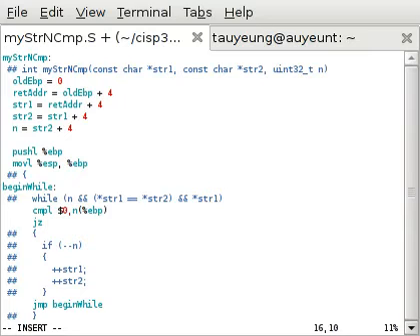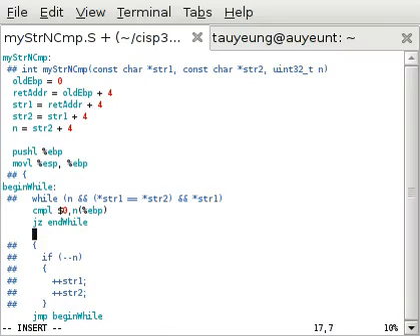Or I should say, if it is 0, we go to the end of the loop. Okay, so if I pass through here, that means n is non-zero. Then it is time to compare whatever str2 points to with whatever str1 points to. Now that can be done not so quick and easily,